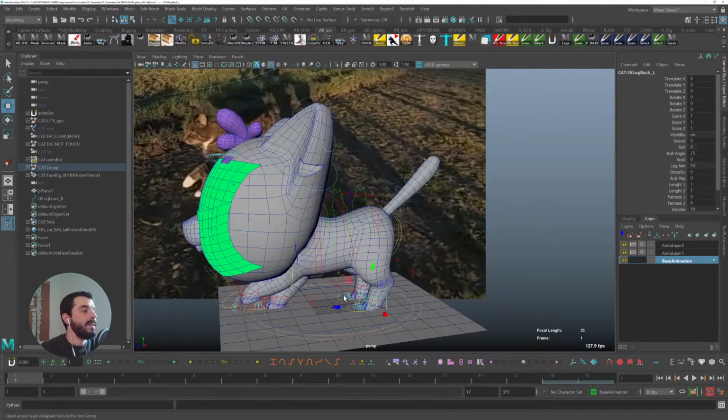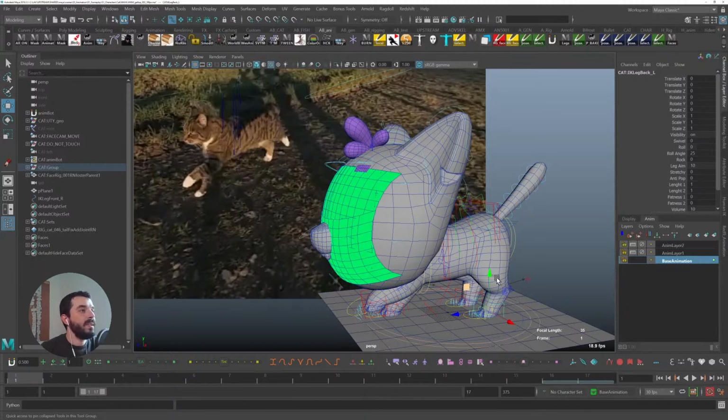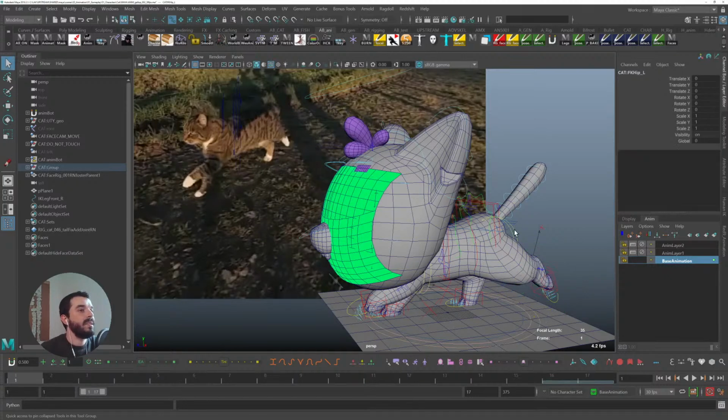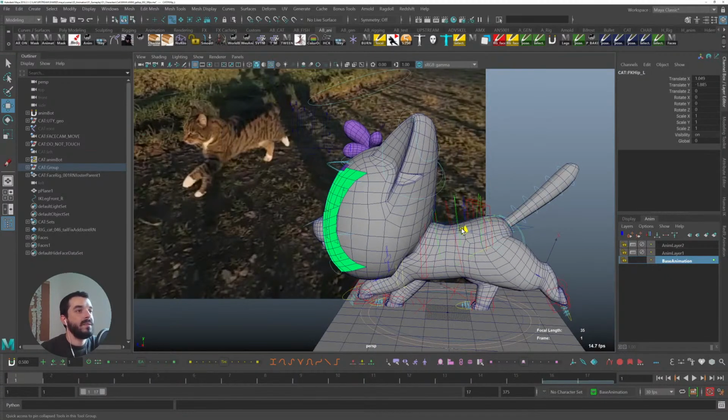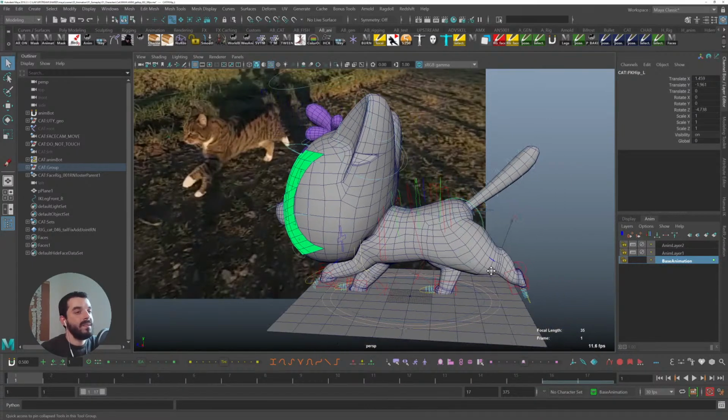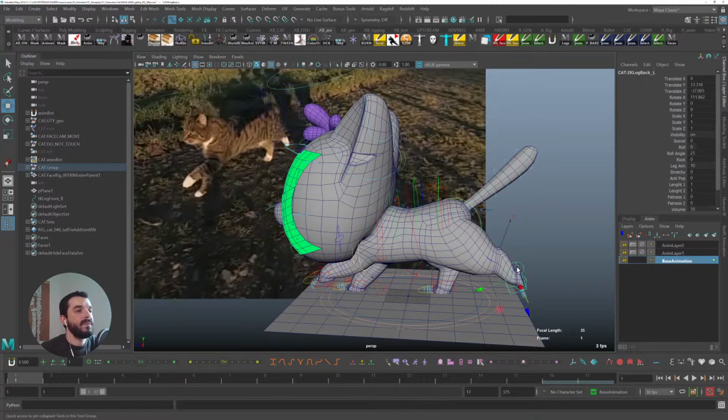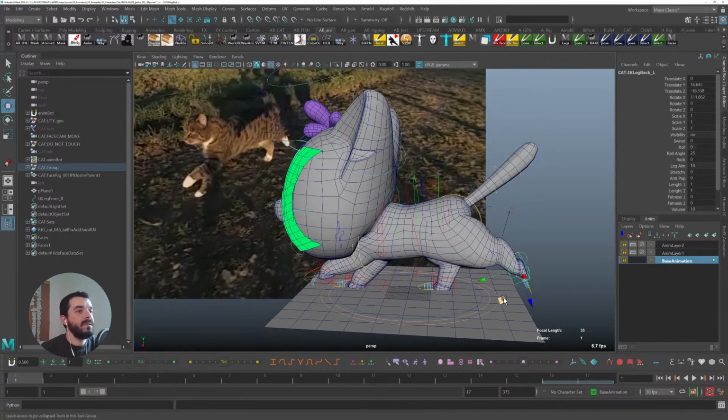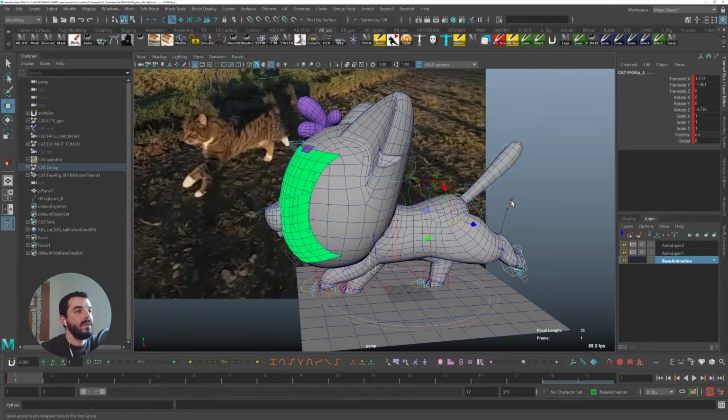So that seems like an extreme. I guess we got lucky. So I'm going to just grab the foot, move it back, rotate it back, maybe even help with the hip controller. See what I can do really, and lift it a little bit more. There you go. So I'm going to set a key on both these guys,